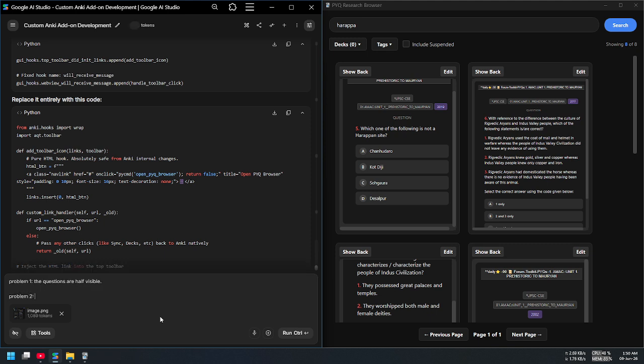Problem 2: the text in the preview should also be highlighted in yellow, and the search like an IDE searches, for easy navigation. And